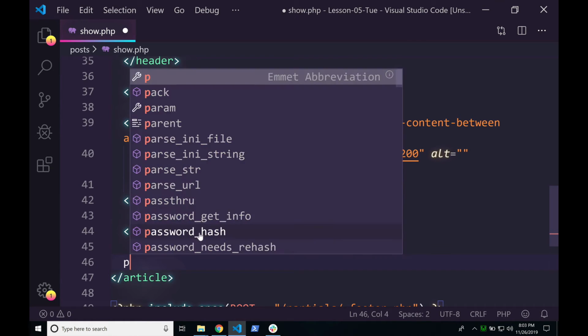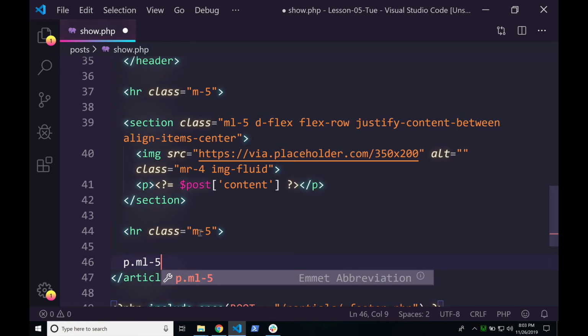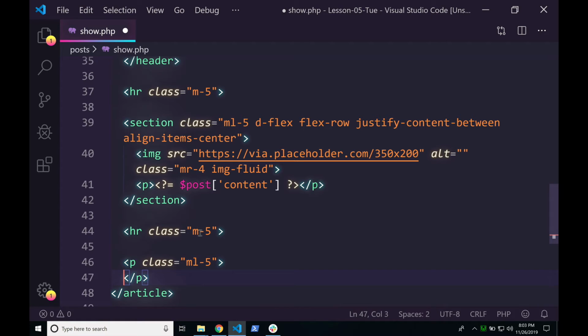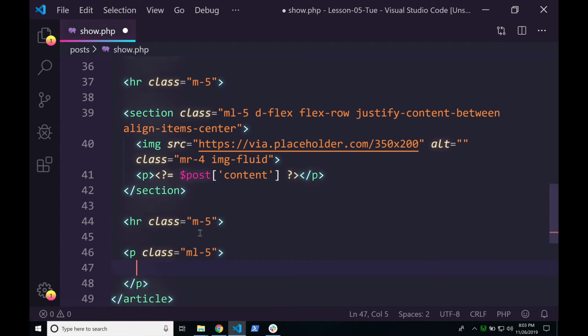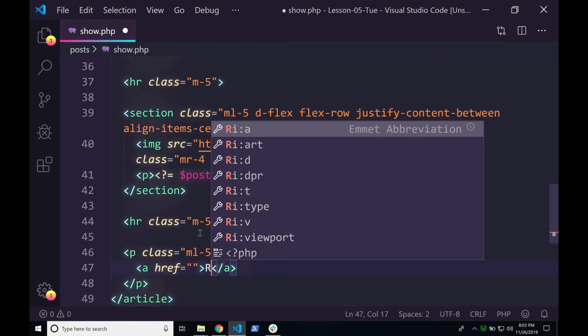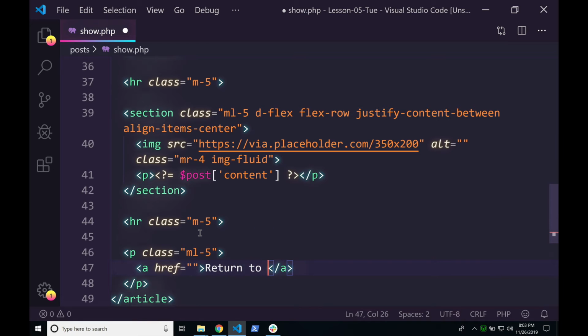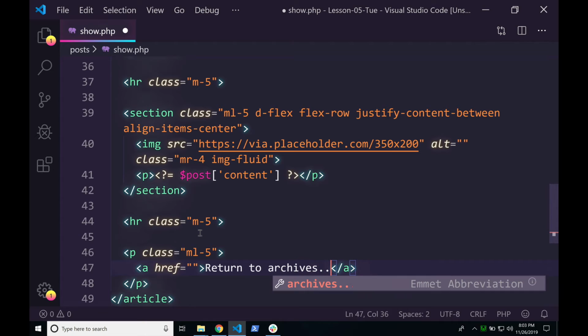And then we're going to do a p.ml-5, which is going to create a paragraph tag with a margin on the left-hand side of 5. And this is just going to be a link. The href is going to be interesting. So we'll just write out the link. The link is return to archives,